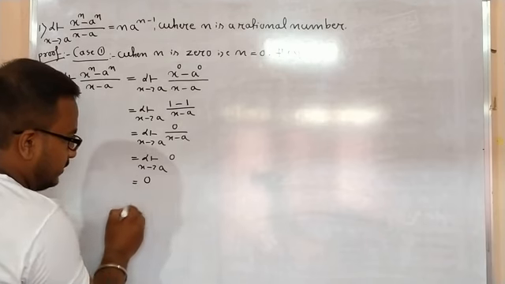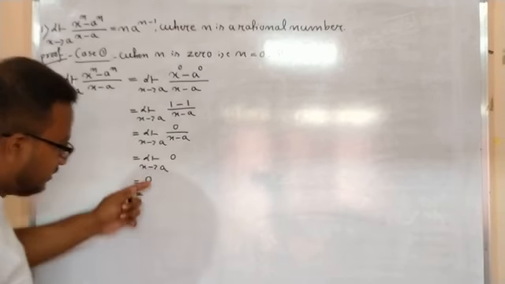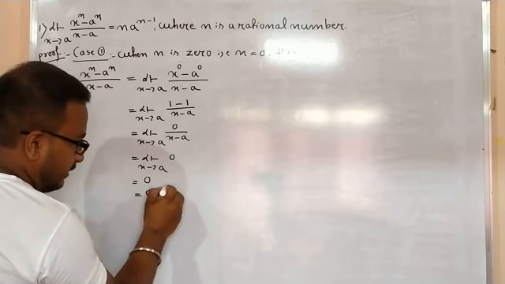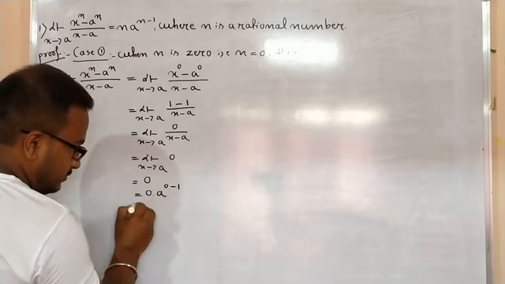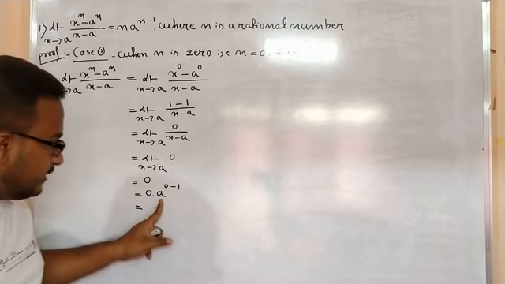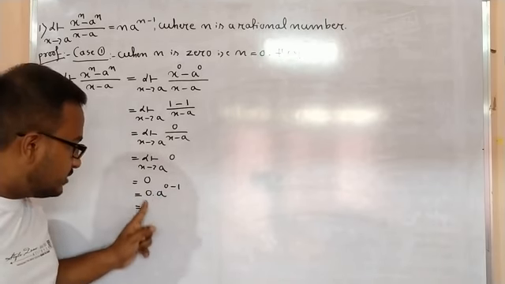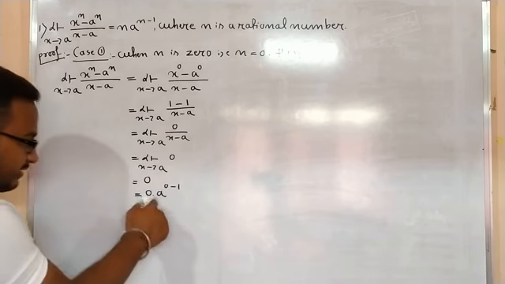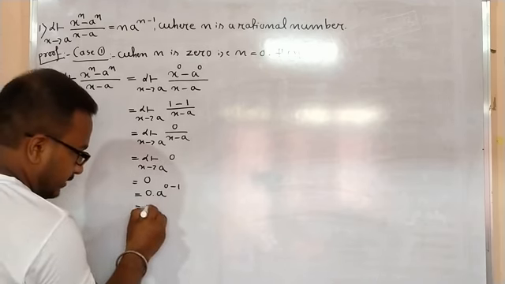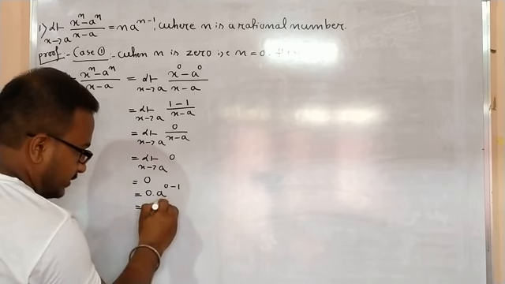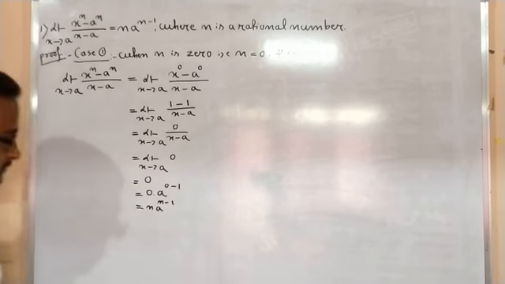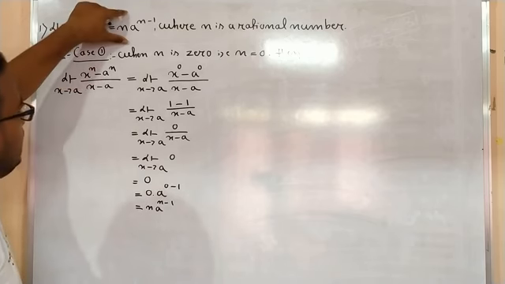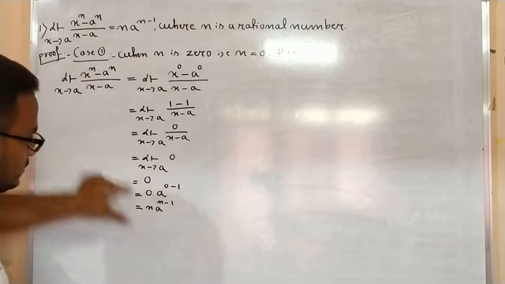So it is 0. Now you write this 0, this can be written as 0 into a to the power 0 minus 1. Can I write? Because 0 into anything is 0. So I can write 0 as 0 into a to the power 0 minus 1. Why have I written like that? So that I can write 0 equals to n a to the power n minus 1, again with n equals to 0. Right? Now you see, I have proved that this side equals to n a to the power n minus 1. Therefore I have proved this equals to this.